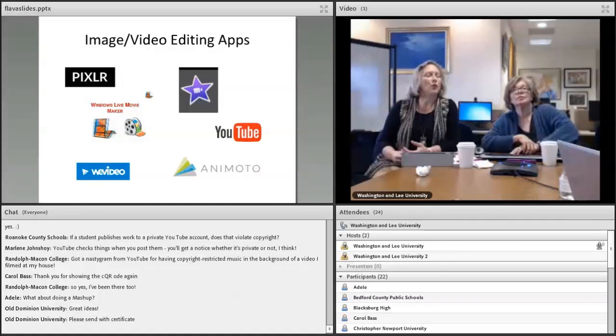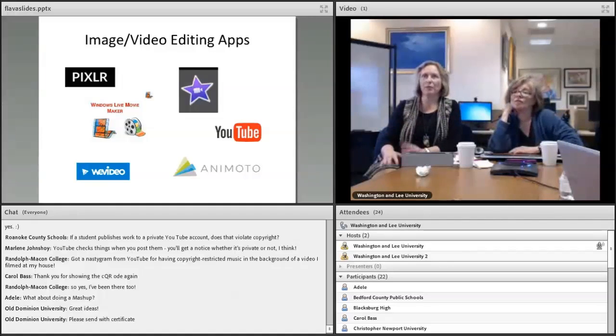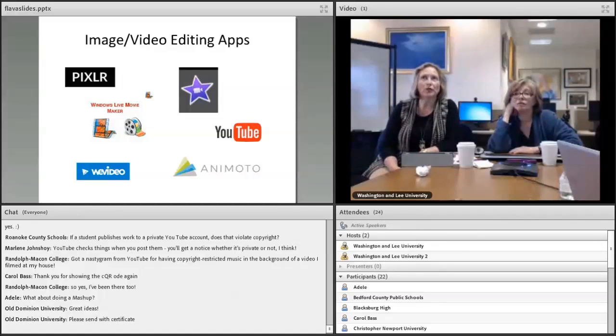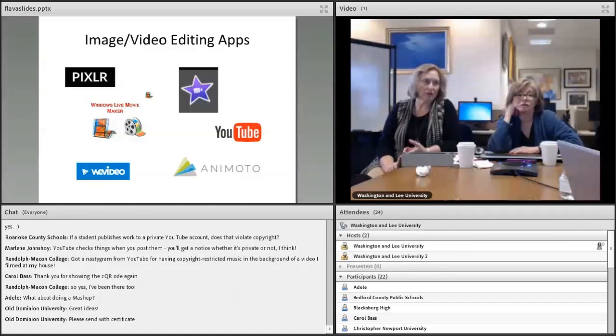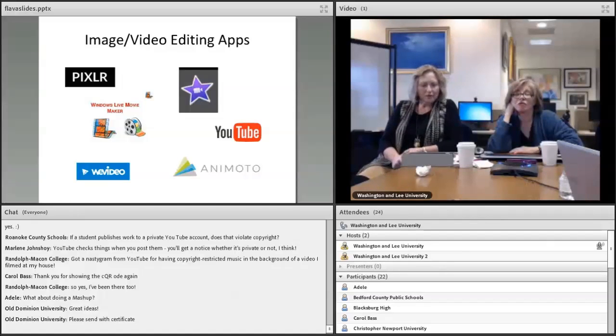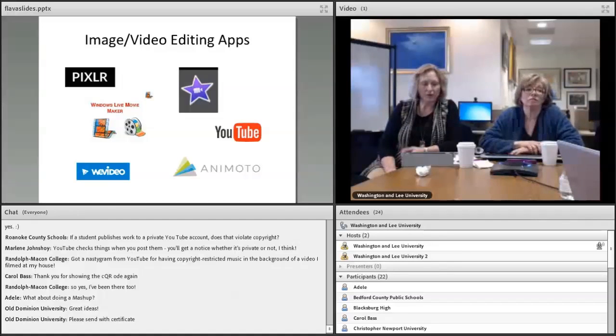Once you've gone from the most simple, basic audio recording, and you want to move into video, these are some tools that you can use for image and video editing. Pixlr is for editing still images, and it is actually a pretty cool, free, web-based image editor. I believe it's on our handout. It's just a whole suite of things: browser-based, iOS, and Android apps also.